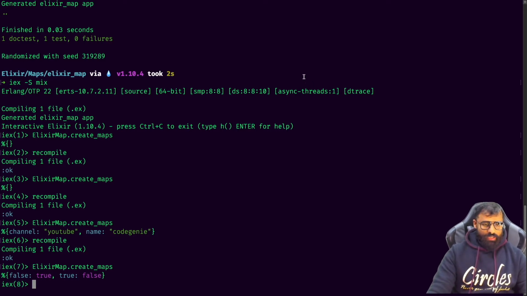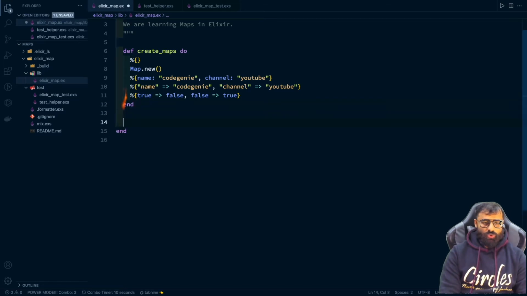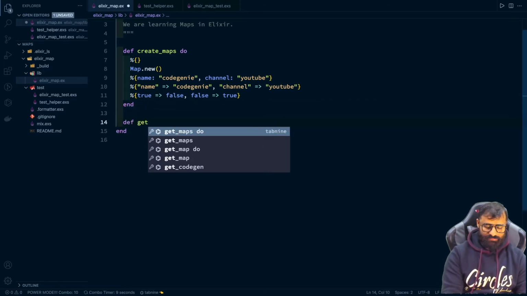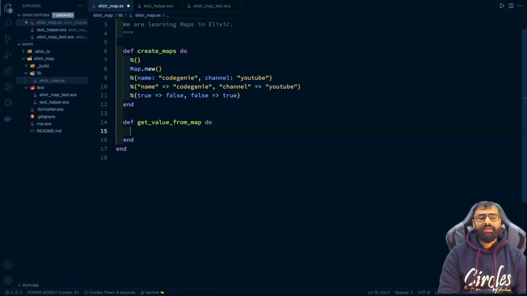Okay, now this is I think enough about creating maps. So the next thing is how to get a value from a map, and it's really interesting actually, because there are a couple of methods that we can use. So let's talk about them one by one. We name this get value from map. So instead of talking about methods, let's just